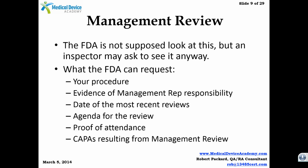Next slide, management review. There are 3 areas that the FDA is not supposed to look at, but they can still touch these areas. The FDA always says we can get to anything through your CAPA system, like the last slide showed, but the FDA is not supposed to look at your management review meeting minutes. What they can do when they look at management systems is they can say, let me see your management review procedure. Let me see your